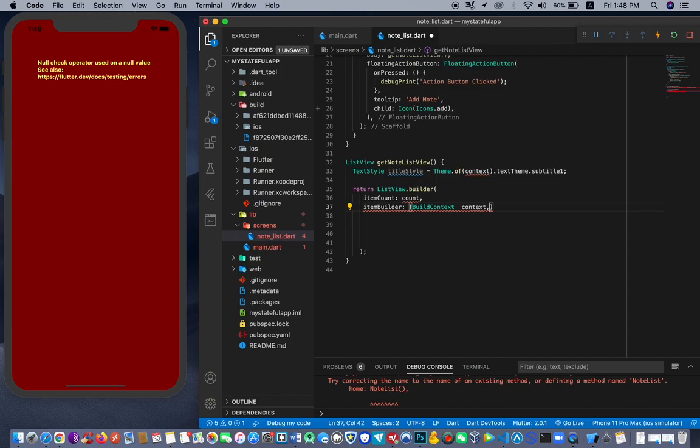And after the context, we need to have a position of our lists. So position int, and it's gonna return an int. So int position, then we have